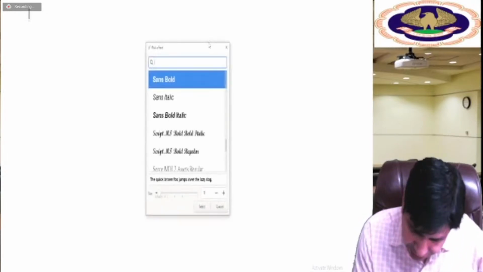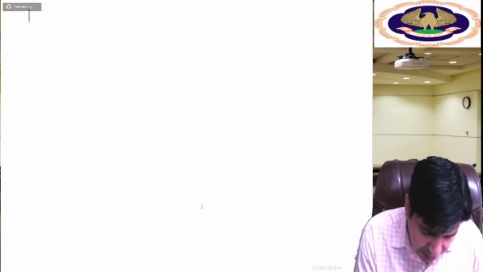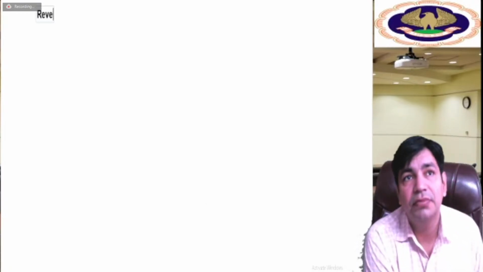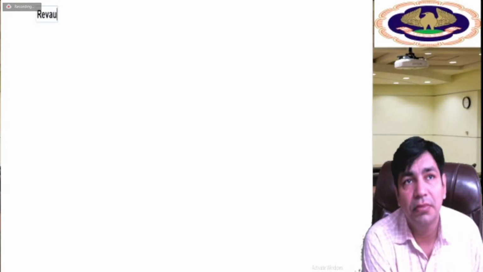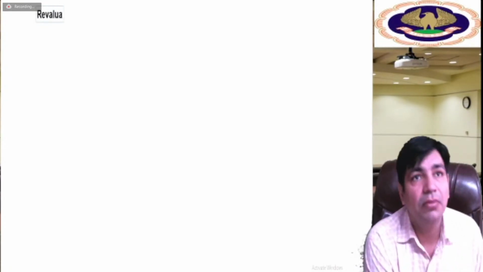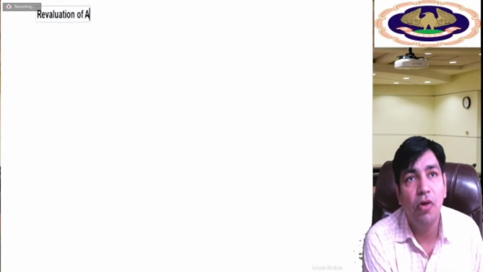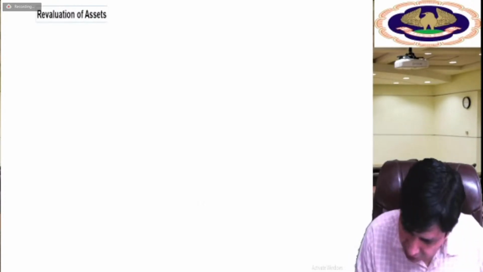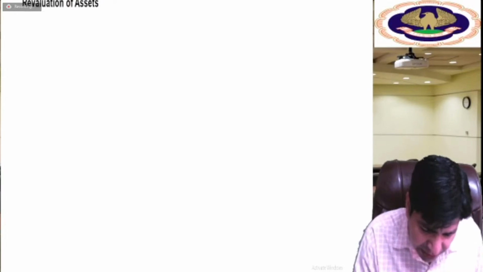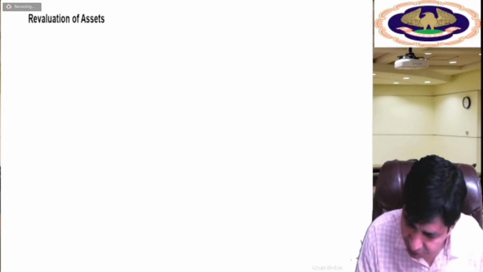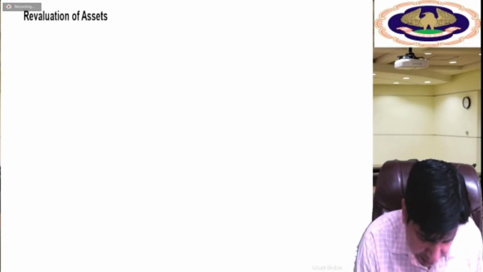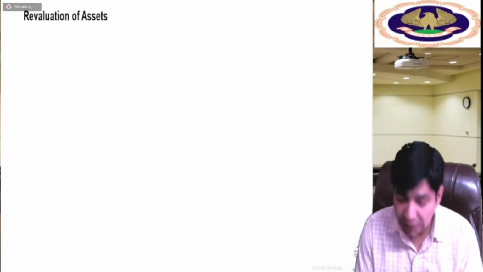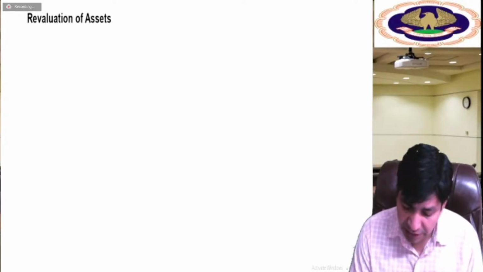Please give a heading: revaluation of assets. Beta, although it should be revaluation of assets and liabilities, still, usually in your exam, up to the inter level, the question belongs to assets. Anyways,